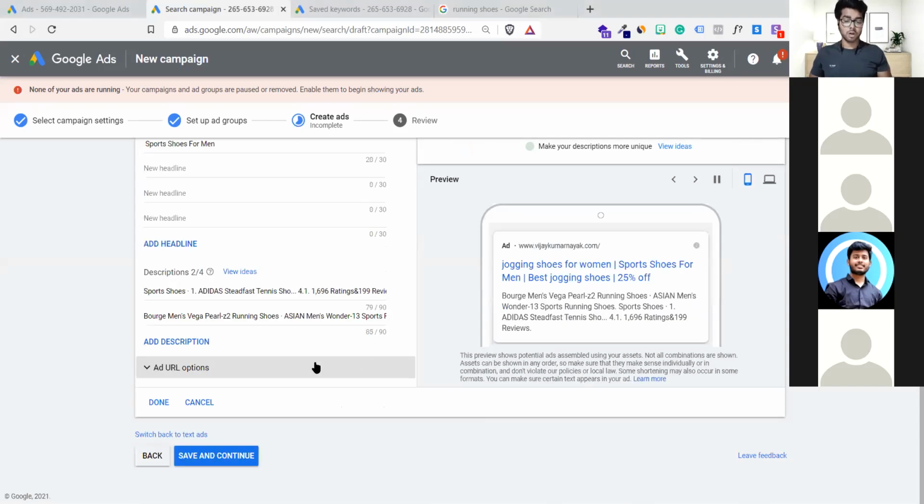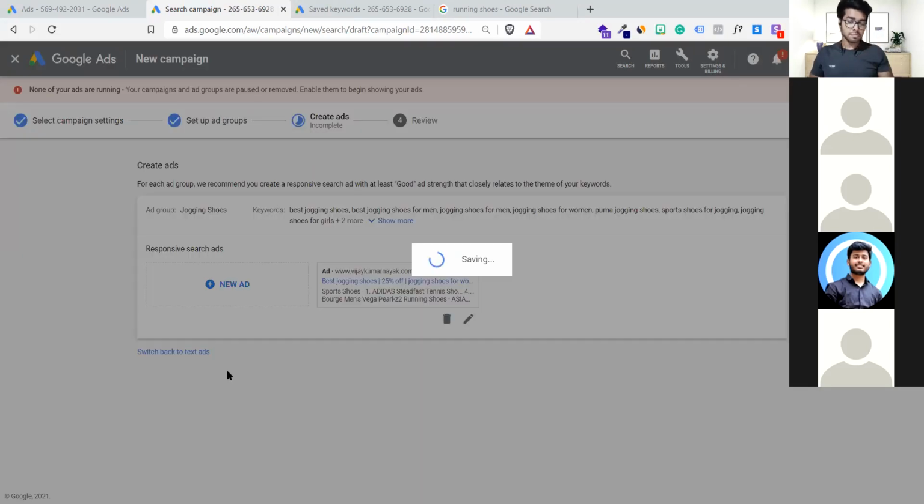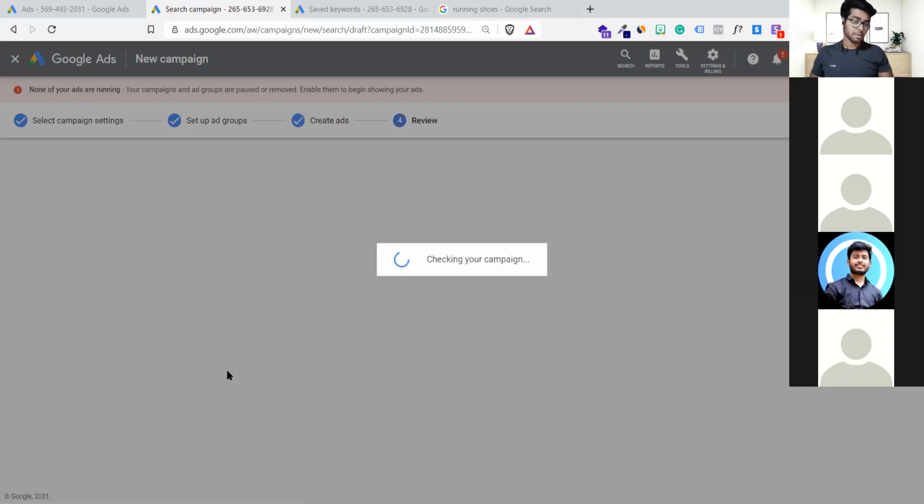Okay, let's go down below and click on done. And now our one ad is done. You can create multiple ads like this. Okay, you can create multiple ads like this. And of course, the moment you click here, you'll get more ads. As of now we are going to create one. Click on it. It's going to take some time.